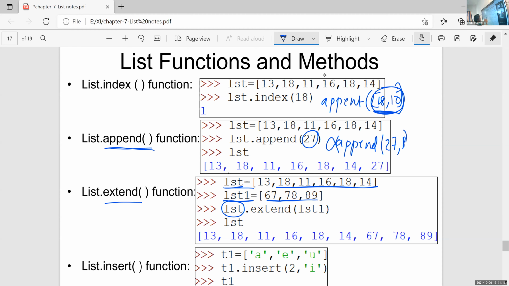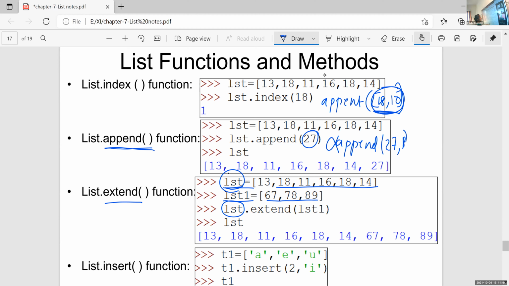So here the current list is first, and I want to add 67, 78 and 89 at the end of this first. That is, after 14, I want to add 67, 78 and 89. For that, the statement starts with first dot extend, within brackets first one.